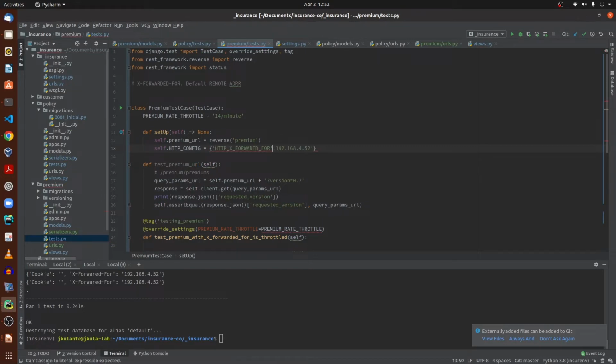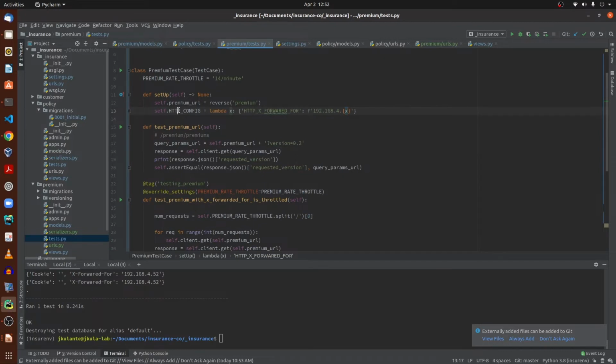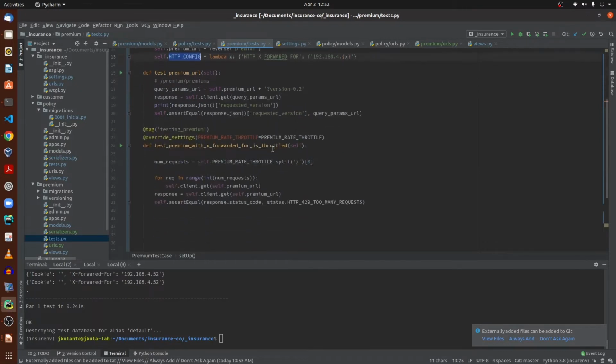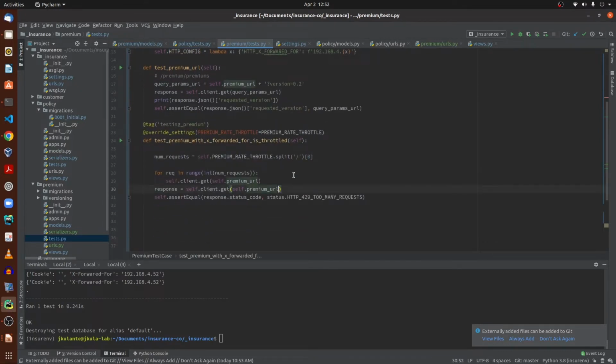We want this dictionary to have a dynamic IP, and we can make this attribute a lambda function. So lambda, when you receive X arguments, pass it dynamically, and therefore we can